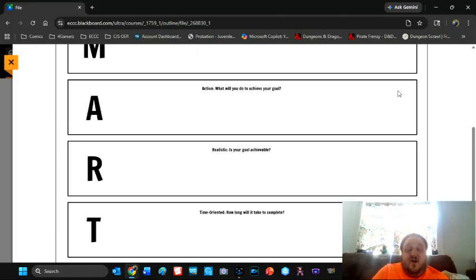This is the hard part. Being honest with yourself and saying, yes, this is what I want to do. How am I going to do it? How long is it going to take? Is this achievable? And now I want to emphasize, I don't want you to just kind of rush through this and be like, yep, I know what I want to do. Great. I want you to take time with this. Because again, the SMART goals and the goals itself, it's a checkbox for me to say that, yep, you've done some work and figured this out.